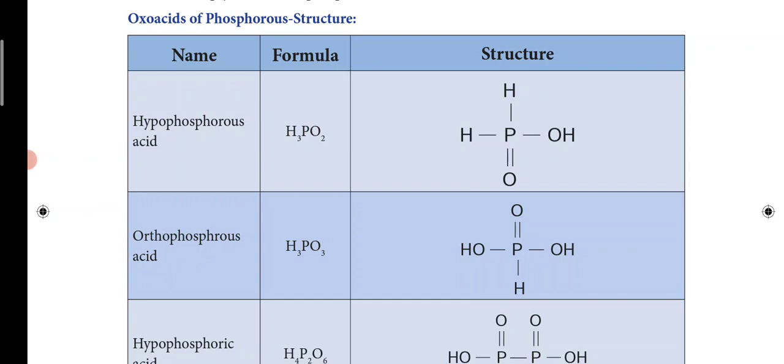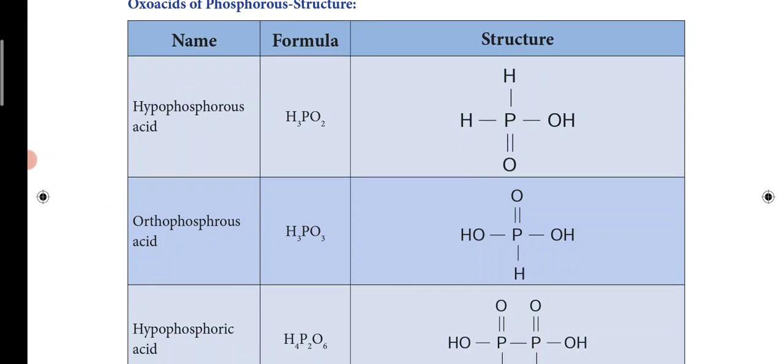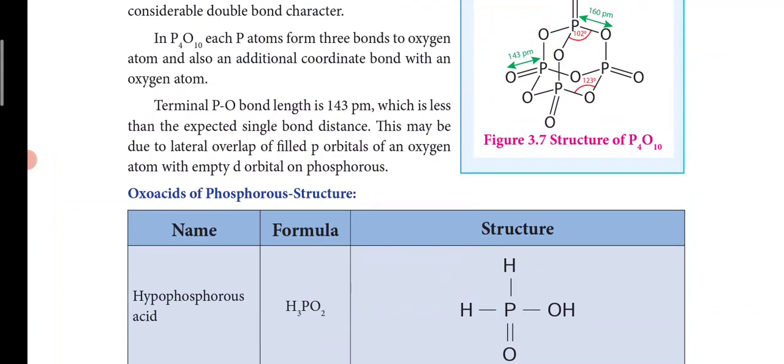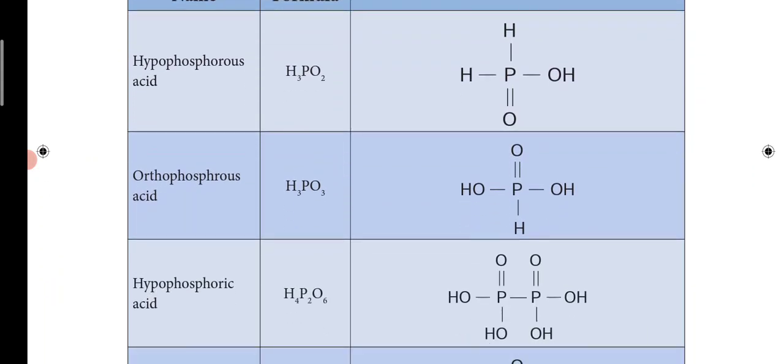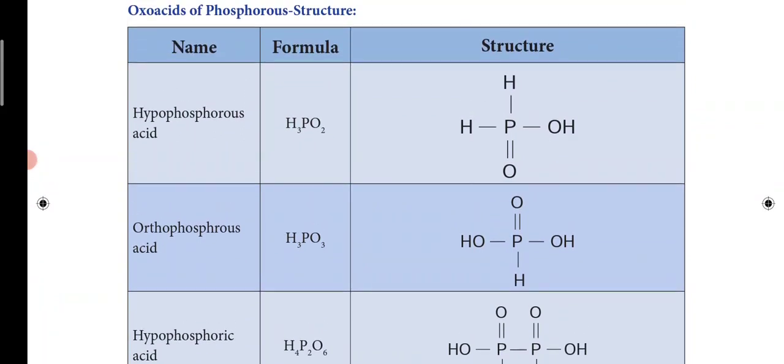Last class we discussed the allotropes of phosphorus and the other compounds of phosphorus, like phosphorus trichloride, phosphorus pentachloride, and phosphine, their preparation, properties and uses. One important use of phosphine is the Holme's signal. Sorry, not phosgene, phosphine. We also saw phosphorus trichloride and pentachloride with their structures, and phosphorus tetroxide and phosphorus pentoxide with their proper structures.